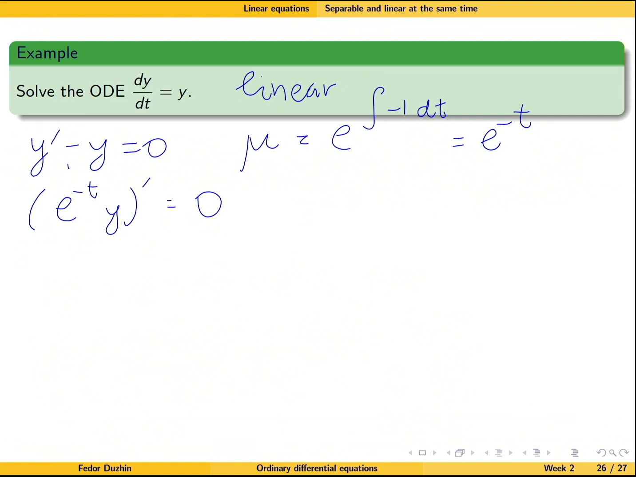So taking the antiderivative, we see that e to the minus t y is constant. So solving for y, we get y is c times e to the t. So in other words, the same answer is found in a much simpler manner. And it is usually true that if an equation can be solved as a linear and as a separable, then it is much easier to solve it as a